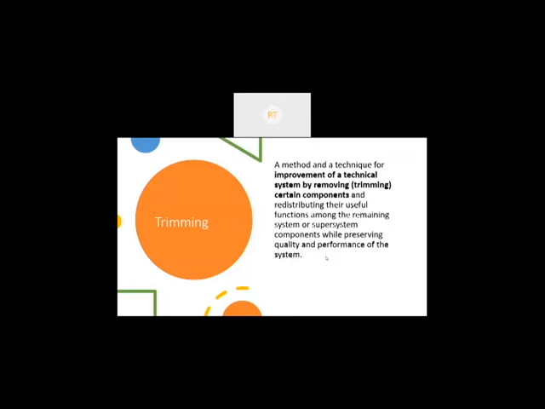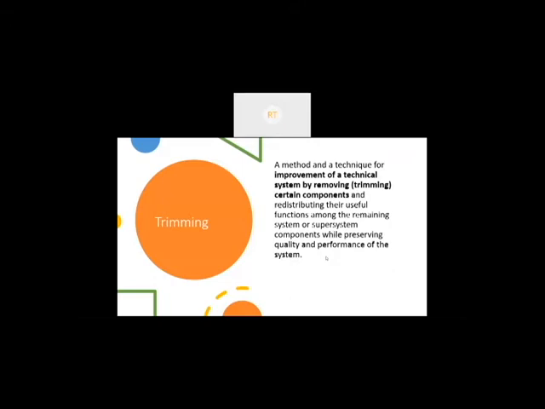So why we call trimming a method and a technique for improvement of the system lies in this premise where we say an ideal system is no system. Because we are trimming, we are moving towards ideality. We are reducing the components, and thus we are slowly moving towards ideality. And an ideal system is the best system, the most improved system that cannot be improved further, is the premise behind it. That's why when we talk about trimming, we say if we are cutting the flap, we are improving the system. And mind you, guys, we are not saying that we are reducing the thickness of a product, we are reducing the weight, and so on and so forth.